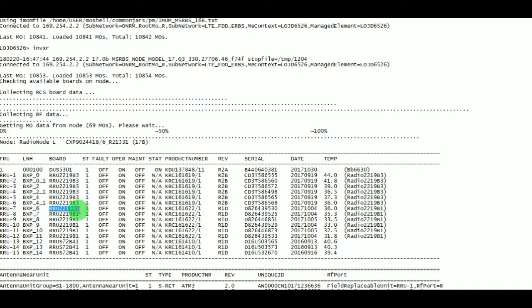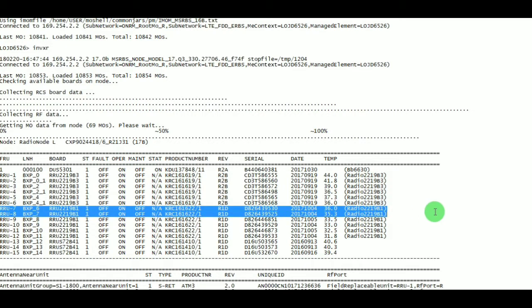B1 is band 1 which is nothing but 2100. This radio unit supports FDD 2100 technology. Let me explain for one RRU. These RRU 7 and 8 are associated with sector 1 of FDD 2100.